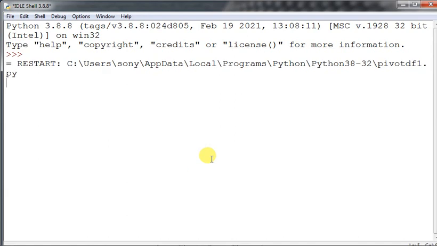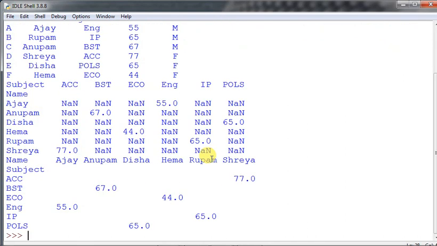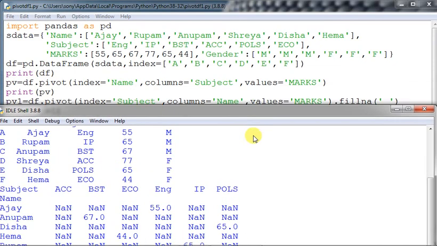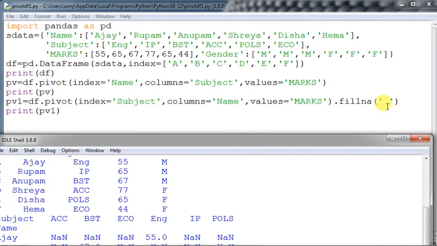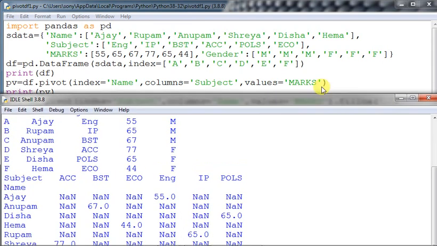The matching columns will have the value, but where no match is found, in that case it will be filled with nan normally. But we have now given fillna with a space. Then what will happen, you can see out here. The name and subject, everything has been printed. These are the names, but only wherever availability is there has it been printed. Everywhere else it has been kept as space. Why this? Because we have given one space inside the fillna. That is why it is giving the trouble.